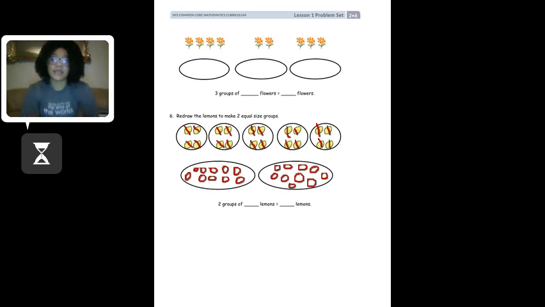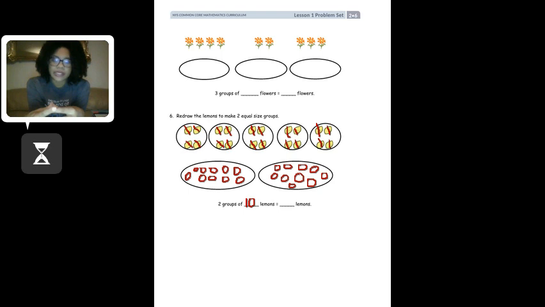So let's look at our sentence statement. It says 2 groups of blank lemons equals how many lemons in all? So we know we have 2 groups. We have 2 jugs, one for my mom, one for my dad. So the 2 groups of how many lemons? How many lemons did we put in each one? When we counted it earlier, we said that there was 10 lemons in each group, in each jug. So I'm going to put the number 10 on the line, fill it in with my red pencil, and then